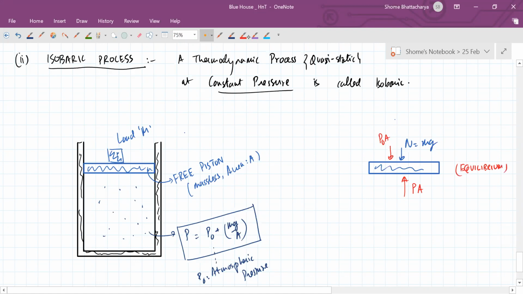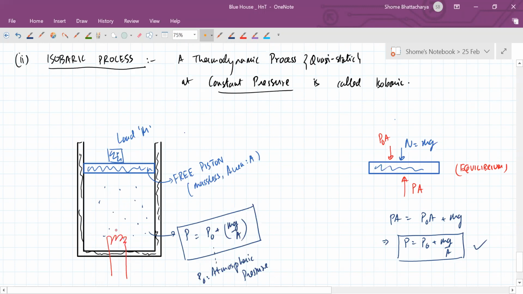Okay. So that is what shows us that the pressure of the gas is equal to P naught plus mg by A. So as long as we keep the mass of the load constant, the pressure of the gas inside will remain this fixed value. Okay. So now while keeping that fixed value, if we supply heat very slowly, okay, then what